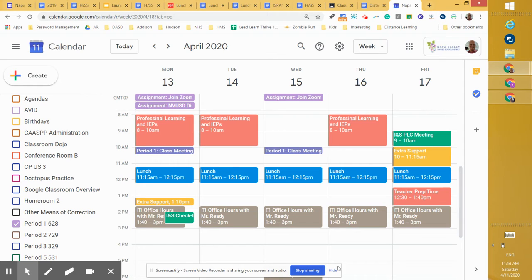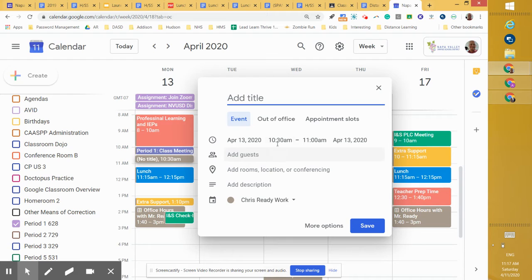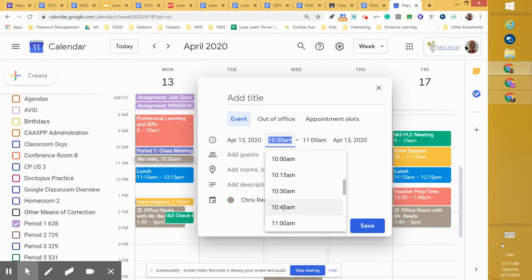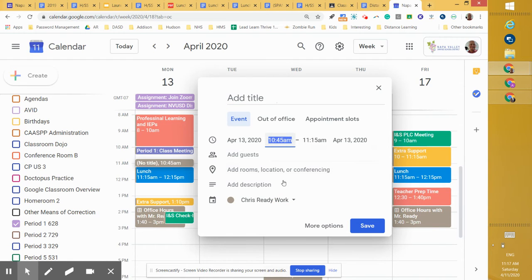So, to begin, I've already created my period 1 classes, so I'm going to create period 2. I'm going to select that time slot. I'm going to have to adjust it to 10:45, and notice it's already in half-an-hour increments. I'm going to add a title, period 2, class meeting for INS, that's Social Studies at Harvest. Then I'm going to go to more options,